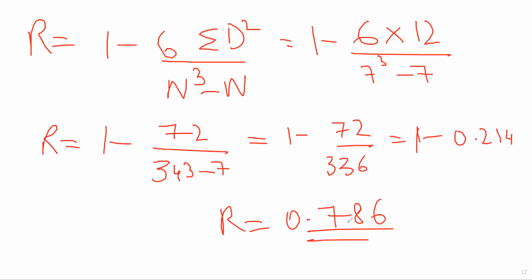This means there is a positive correlation between factor x and factor y, or rank 1 and rank 2. ठीक है, meaning whatever person 1 liked, there is a strong chance that person 2 also liked similar things. Whatever Jayanti liked, similar things were liked by Lakshmi as well when they ate near that buffet. So I can make out the conclusion that on an average, dishes that were rated good by both of them are generally good, and dishes which were rated bad by both of them are generally bad. So positive correlation है, essentially positive high correlation है. This is how you do the problem.